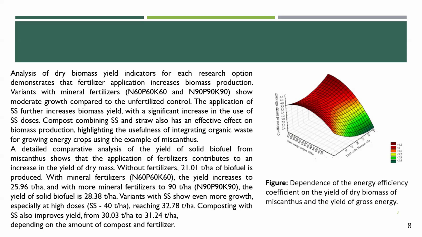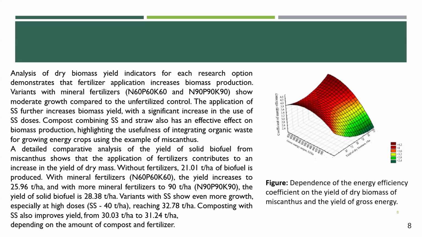Variants with mineral fertilizers show moderate growth compared to the unfertilized control, and the application of CC further increases biomass yield with a significant increase in the use of CC doses. Compost combining CC and straw also has an effective effect on biomass production, highlighting the usefulness of integrating organic waste